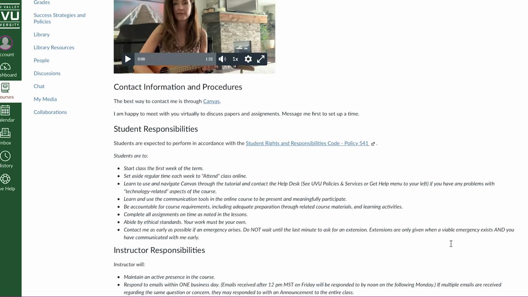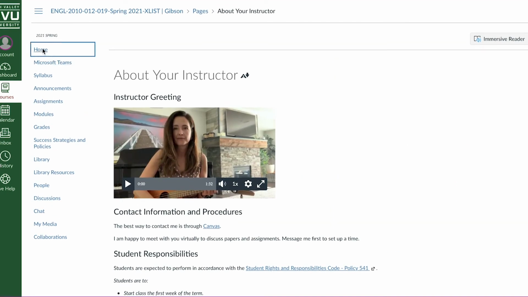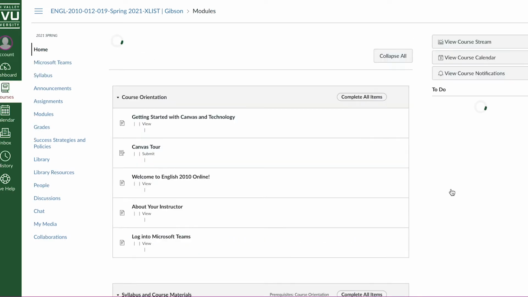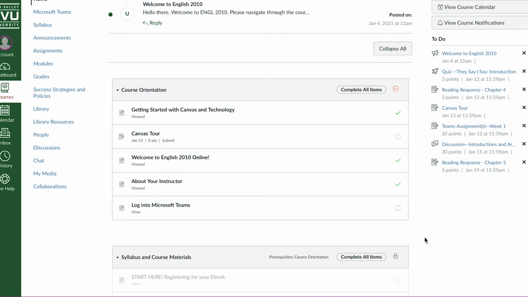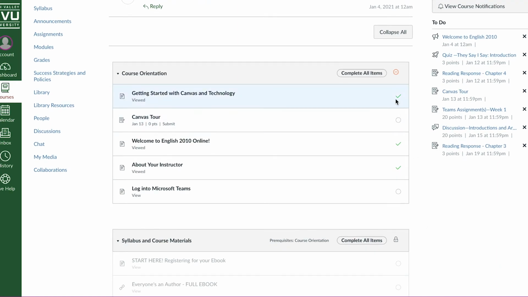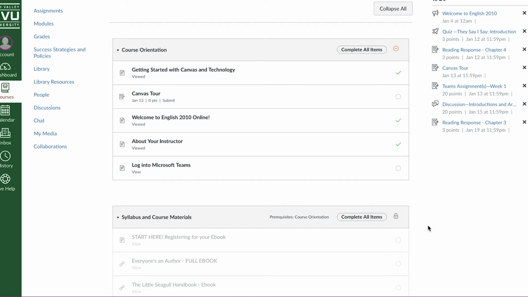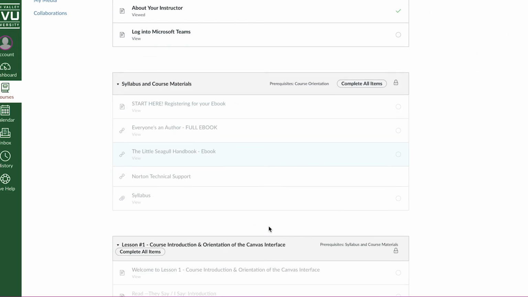And next. So let's go back to home. And if you're ever wondering where you are in the class, it'll be really easy for you because you'll see that these check marks show what you've been through. This Canvas tour, it tells you need to submit it. You haven't done that yet, and so you're going to have to go back and submit this before this is completed, before you can move forward. So make sure you do that. This will log into Teams, and then once you've completed all these, then you'll be able to go on to your next